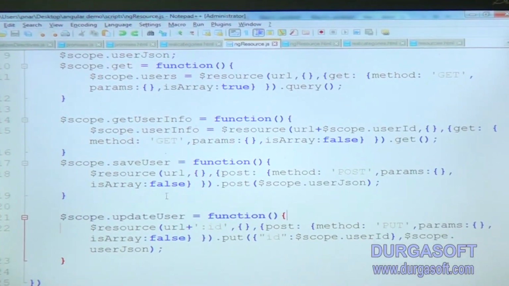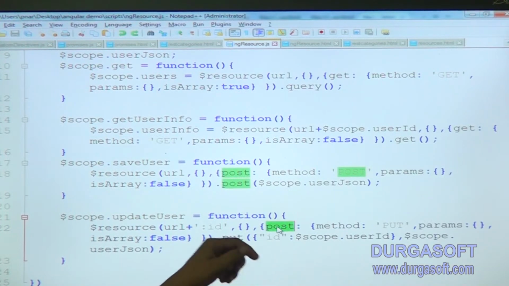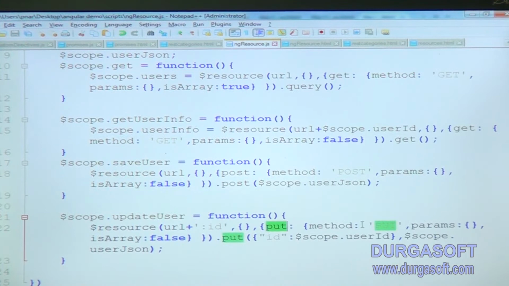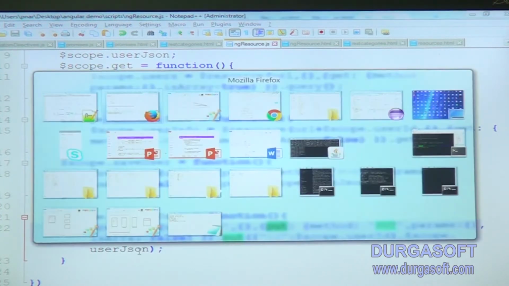For update user I specify the key as post. Since we are doing a put operation, we have to specify put. For this id, I am passing scope.userid and scope.json. Now if I refresh,